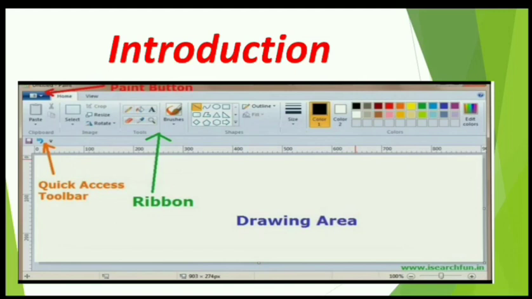You already know how to use commands in the tools group and shapes group of the home tab. Let us recall the use of the commands you have learned. But before we start the chapter, you can see how to make a butterfly in MS Paint.